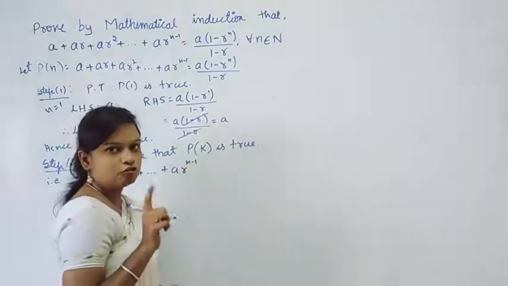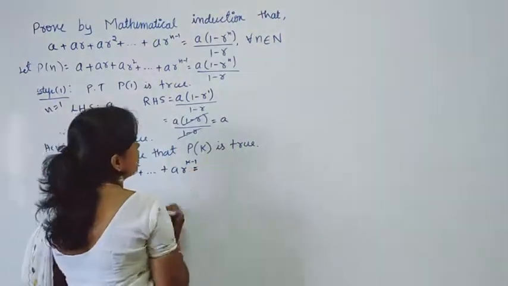In the place of n we have to put k, right? That is equal to, so the RHS becomes a